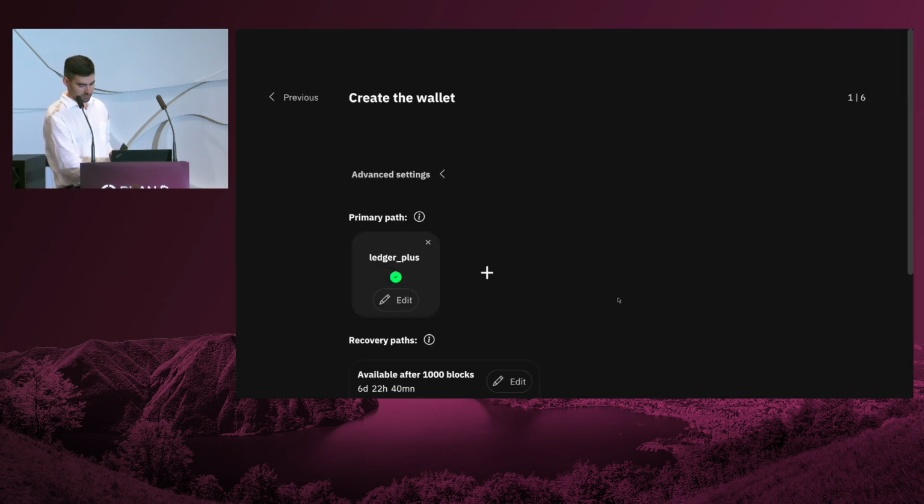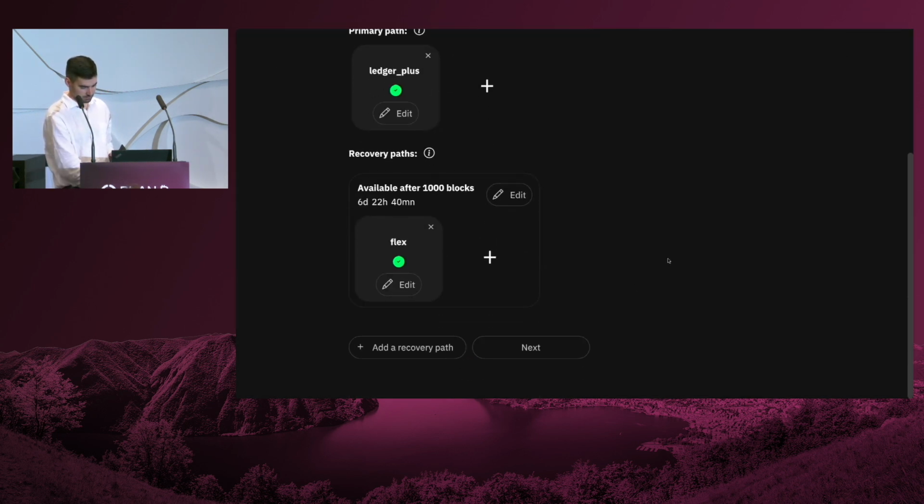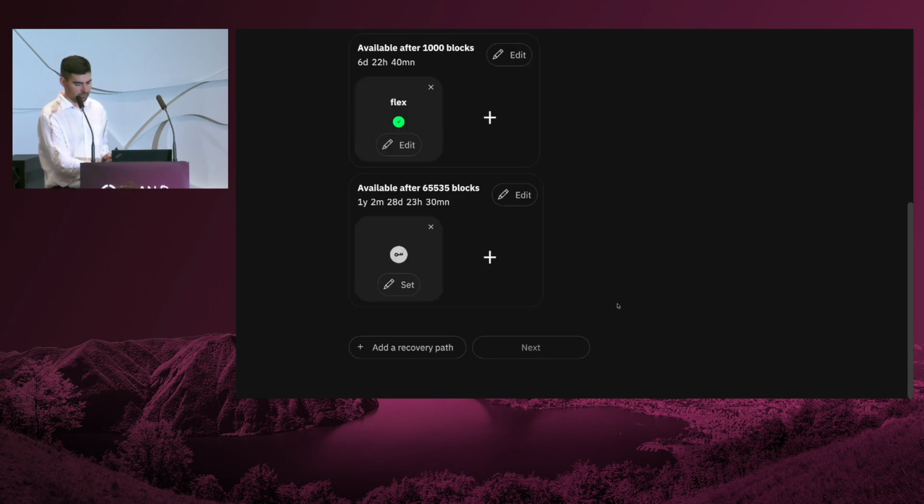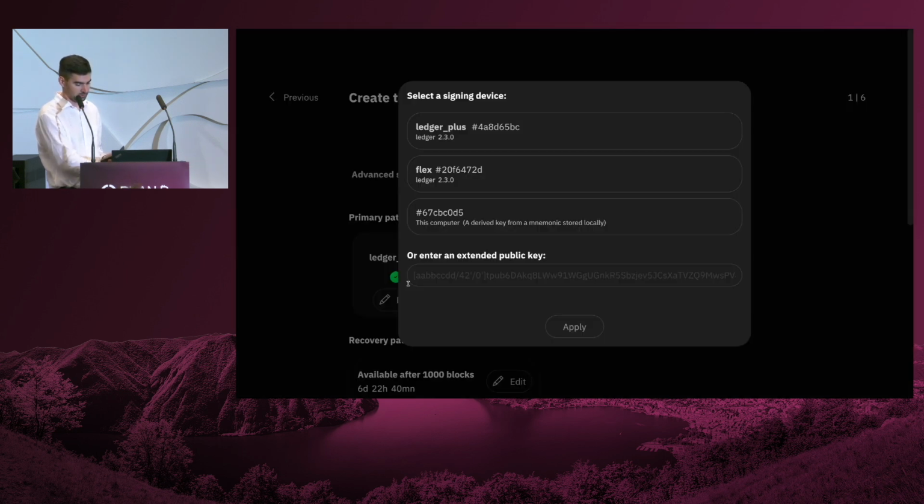And we are almost done. We are going to add a second recovery path, which, as I have mentioned, is supposed to represent a key from the safety net. In my case, I will simply create a hot key on the computer itself.